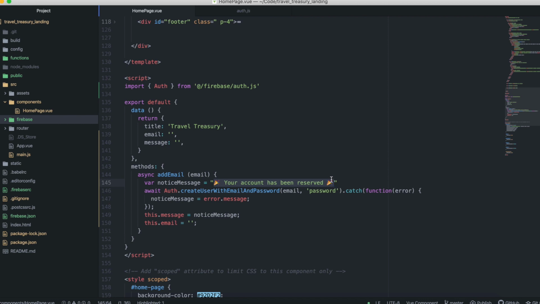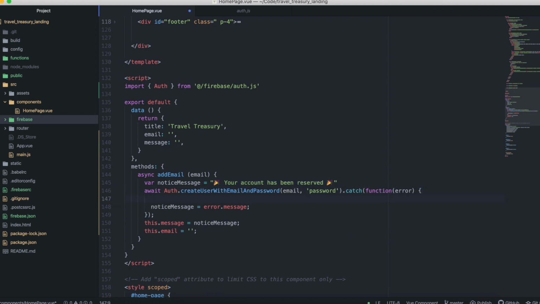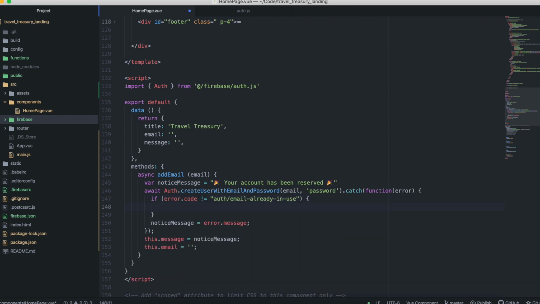If you try and reserve it again, it doesn't matter. It's already been reserved. But the way we can do that is by excluding that error from our notice message here. We can exclude this with a simple if statement: if the error code, and you can find these in the Firebase documentation, equals auth/email-already-in-use, then we're going to